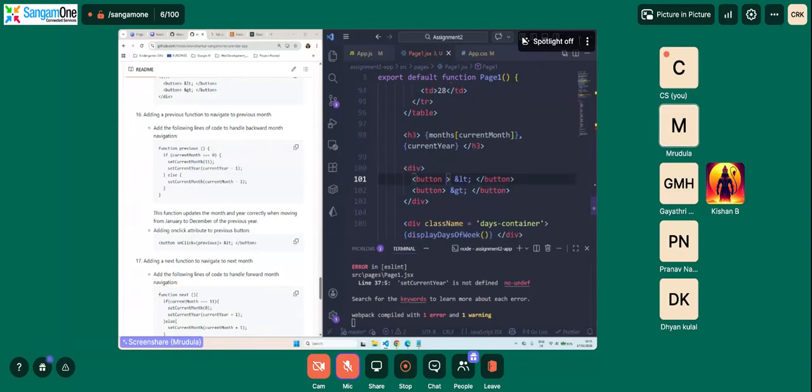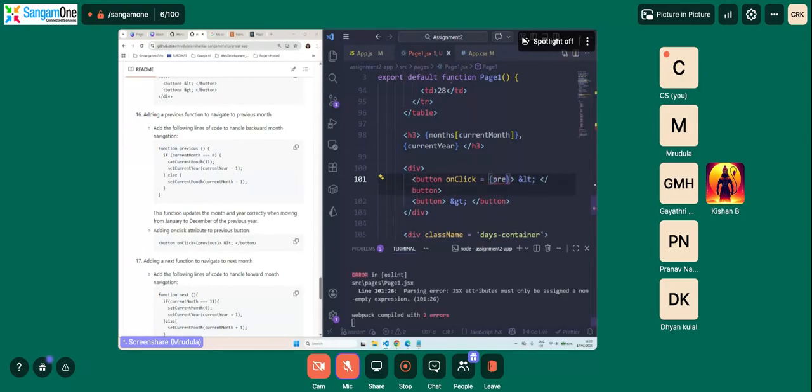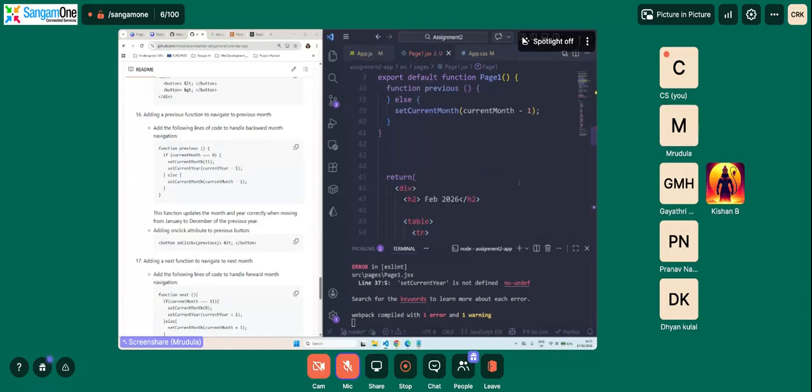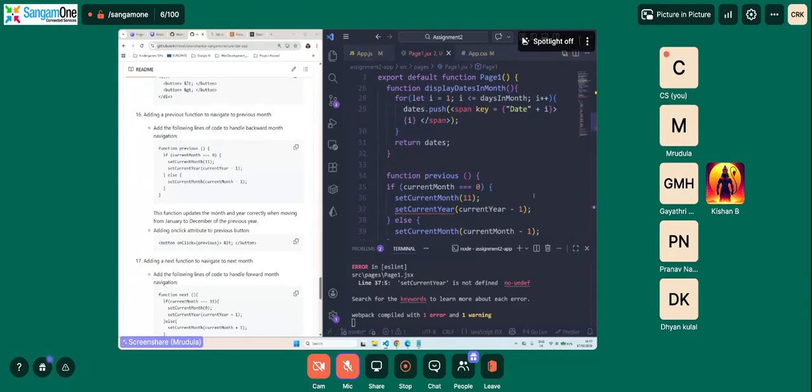So button onClick is equal to previous. Okay, we have an error. Set current year is not defined.